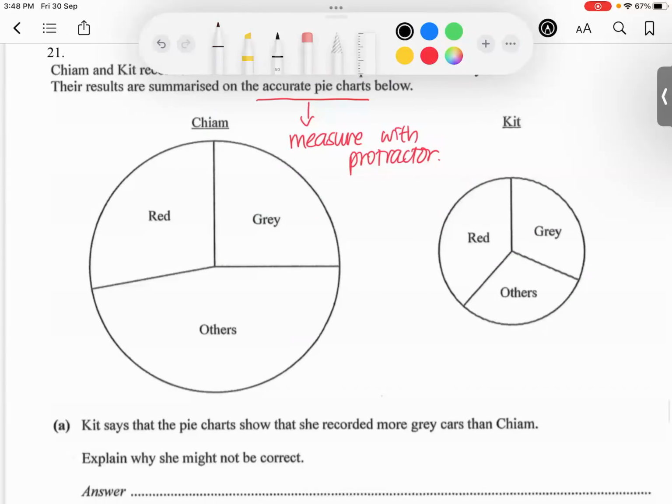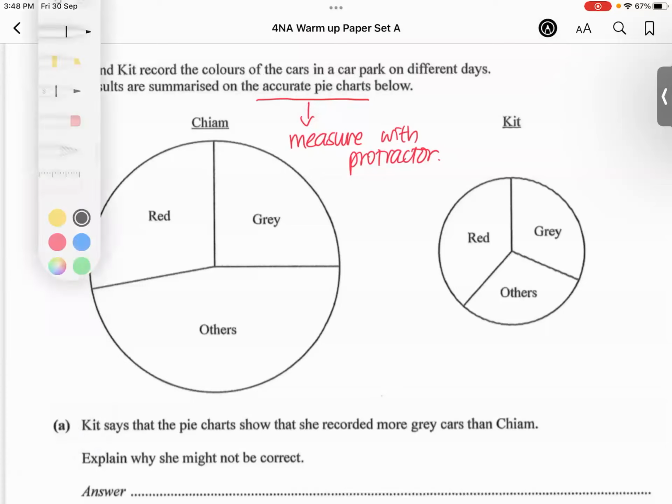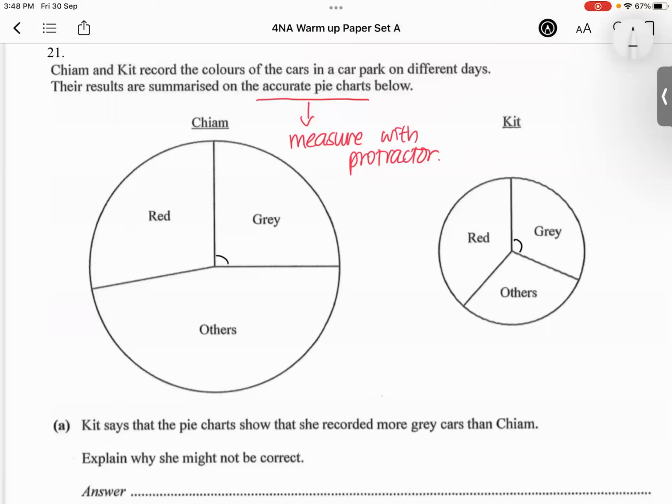They're asking me on the part where I need to explain. Kit says that she recorded more gray cars than Charm. How do I know? When we want to find a certain number of cars, we need to take the angle theta out of 360, the whole circle,